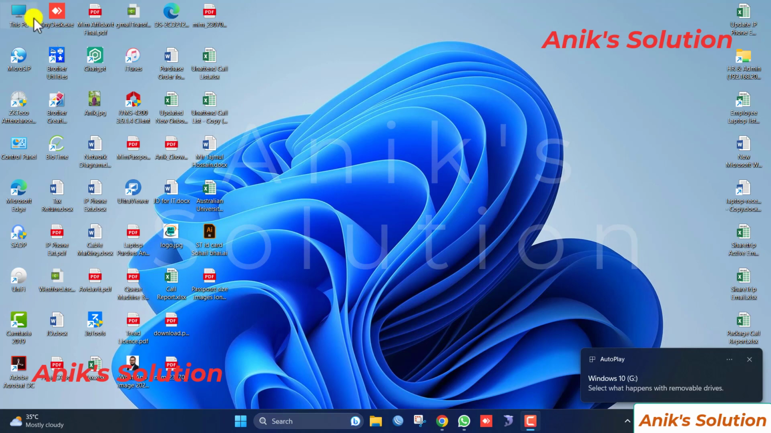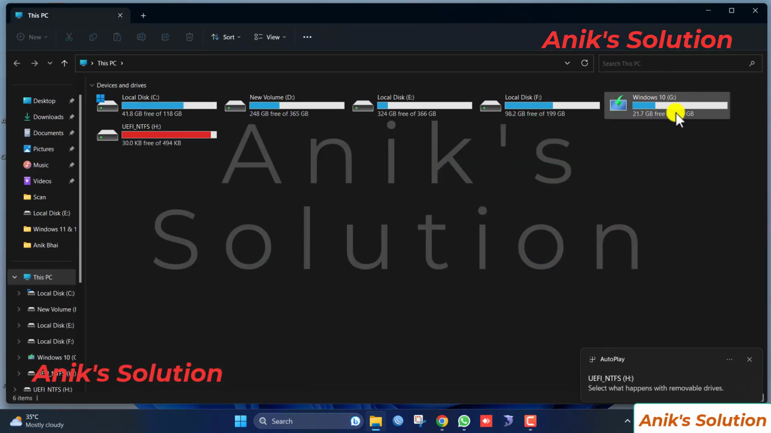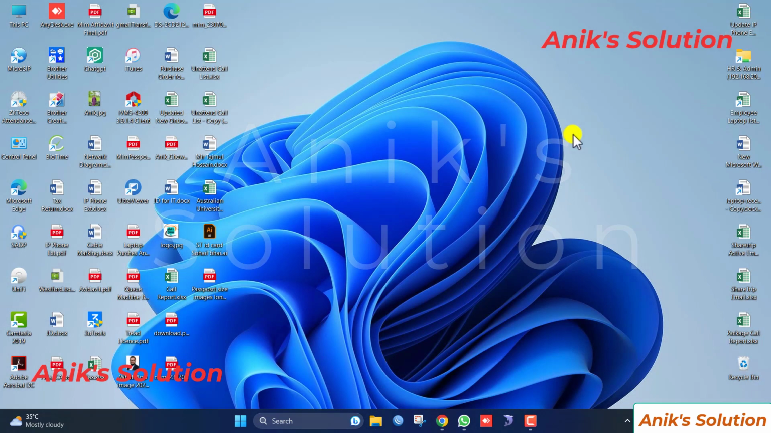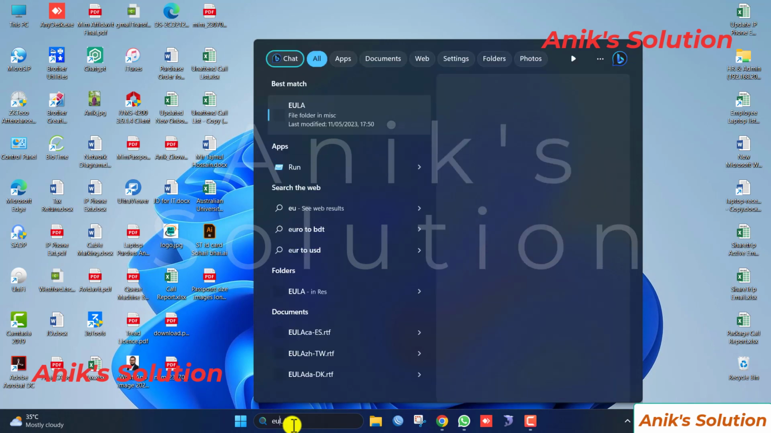First we go to This PC and see that here is a Windows 10 removable disk, and today I show that this disk is not yet disabled on this laptop. Now this is showing in This PC. Then we close this tab and remove this pen drive. Now we go to the command prompt, then type Run,